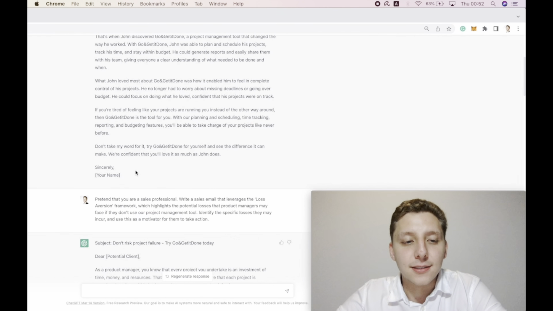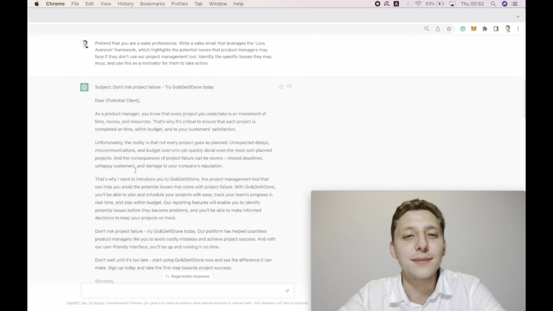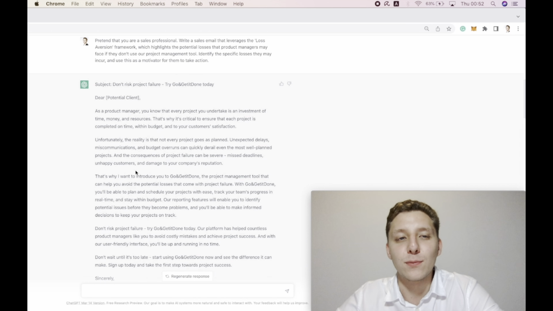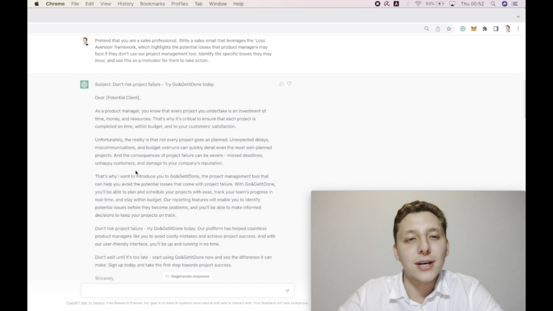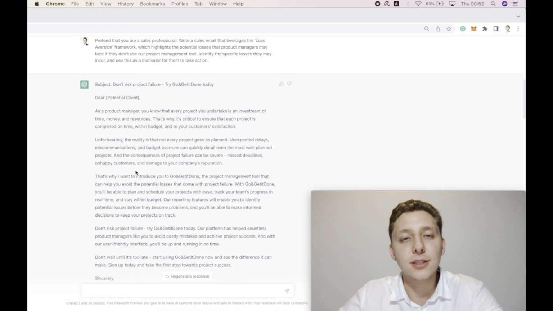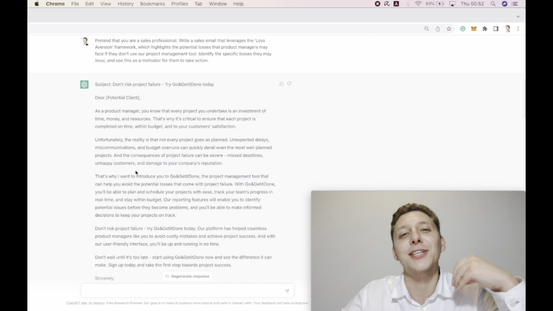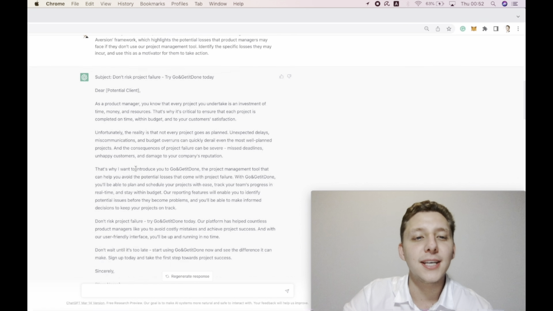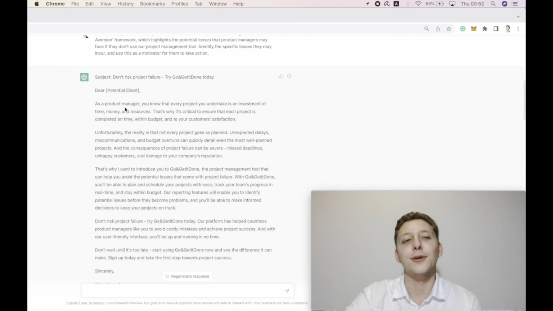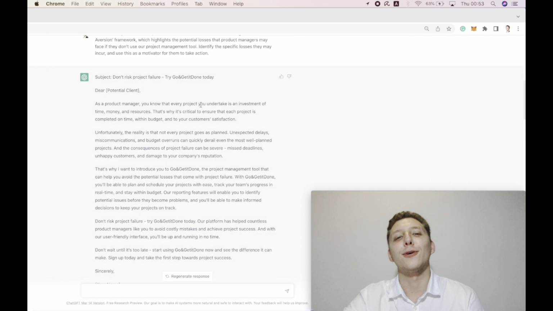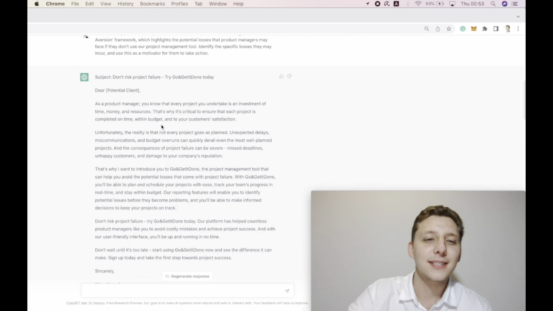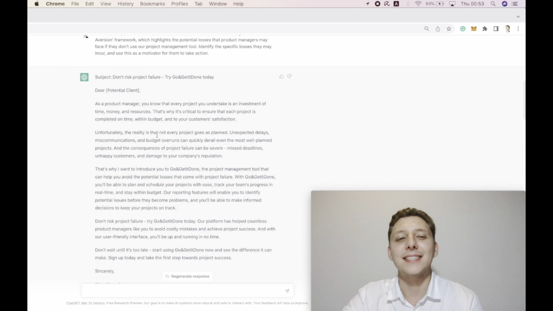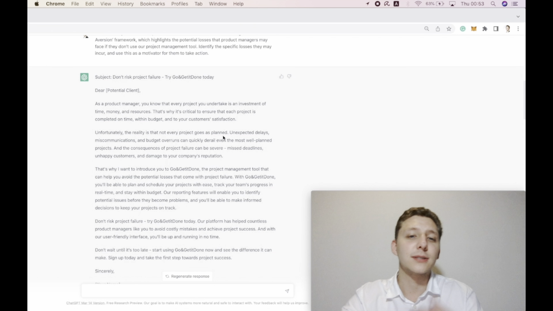The second framework that I want to cover is the loss aversion framework. It's about highlighting the potential losses, and we're asking ChatGPT for specific losses and how they may affect the person. Here we can see that it gives, first of all, that every project you undertake is an investment. And then unfortunately, the reality is that not every project goes as planned.